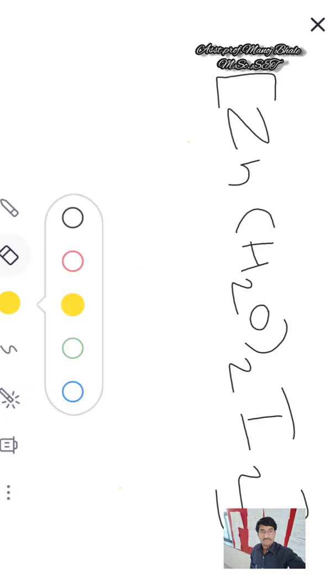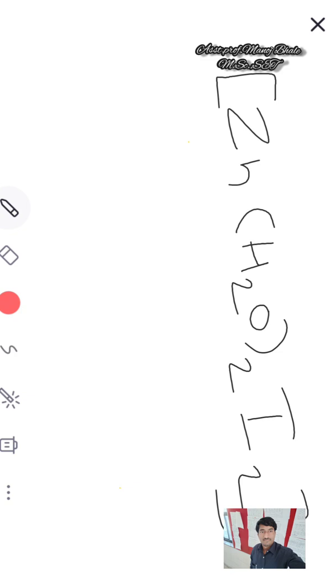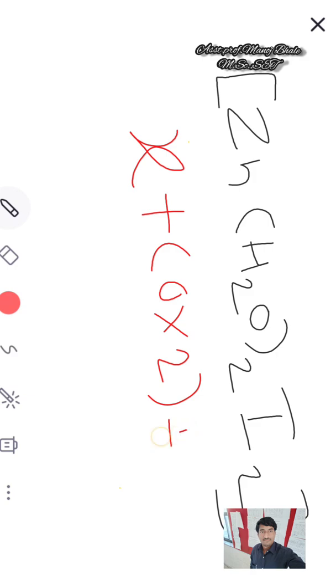Now in the determination of the oxidation state, I consider zinc as X, plus there are two water molecules, and these are neutral in nature, so in the bracket 0, that is a neutral ligand, so 0 into 2. In another bracket, iodine has -1 charge because it is a negative ligand, into how many iodine, 2 iodine ligands, and the overall charge on the complex is 0. There is no charge given on the complex, so that's why 0.